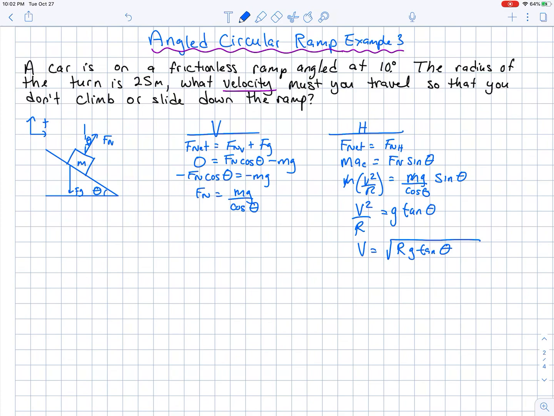The two values here, radius and theta, are given in the question, and we have gravitational acceleration of 9.81. When we substitute in those values, we get 6.58 meters per second. So that's the velocity at which we don't get any